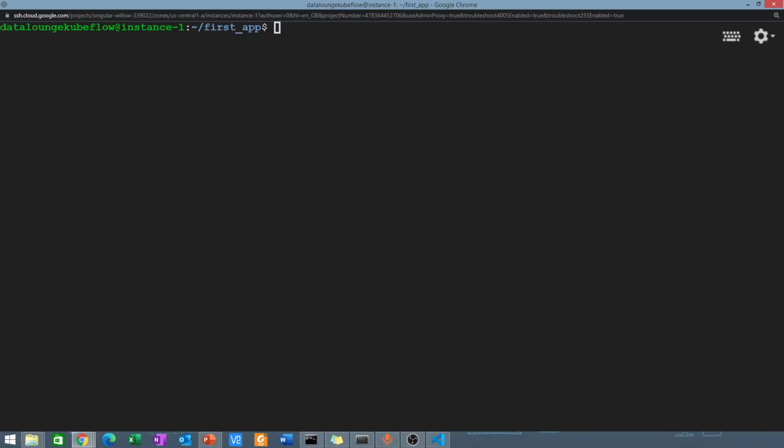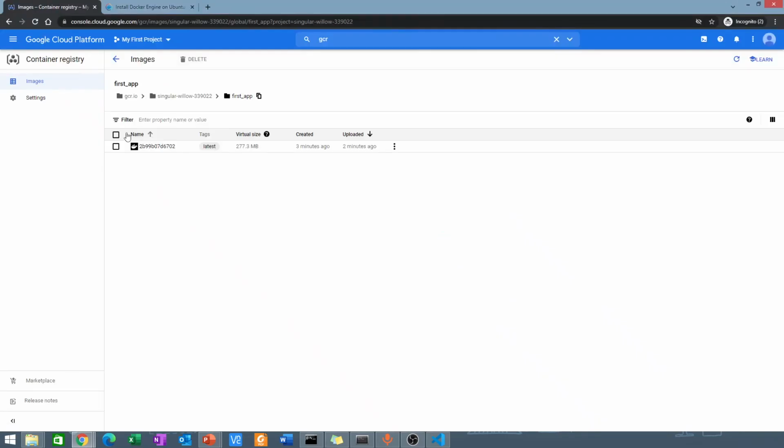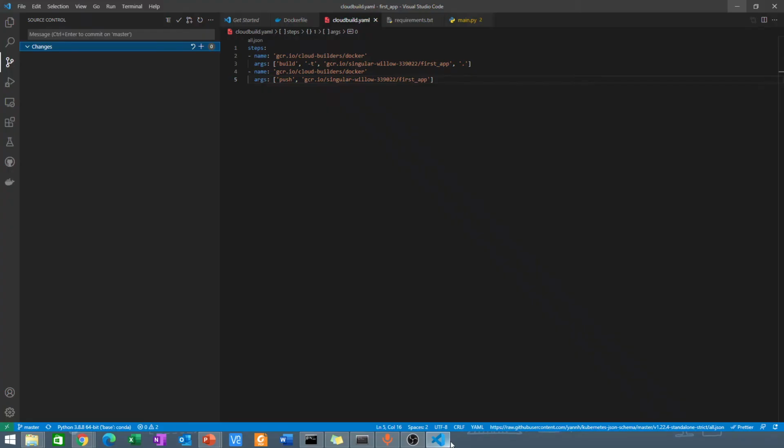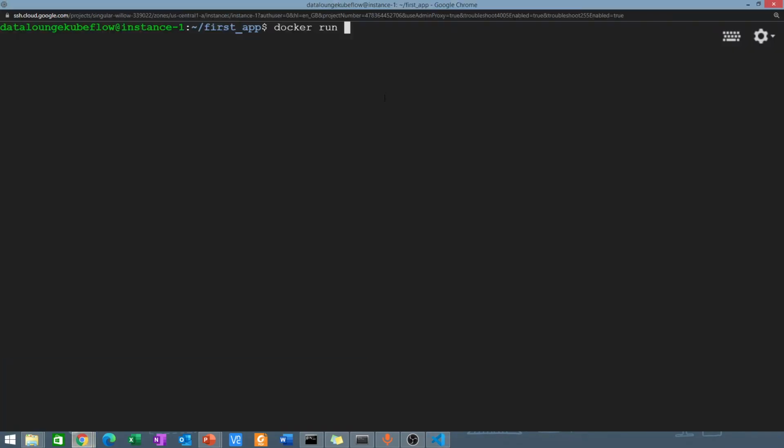And then to run our application, I will just say docker run, and then I need to specify where is my application, right? So I just need to copy all that. So I'll go to my container registry and then the name that we gave to our application, which is the same as this gcr.io whatever. So that's what I'm copying, and then I'm gonna paste that here,